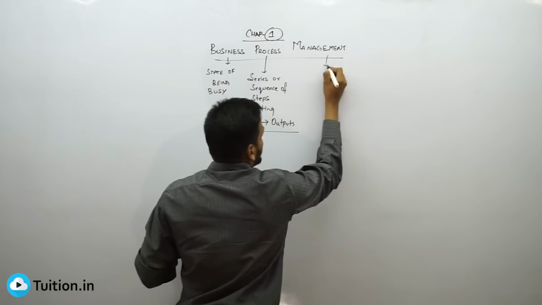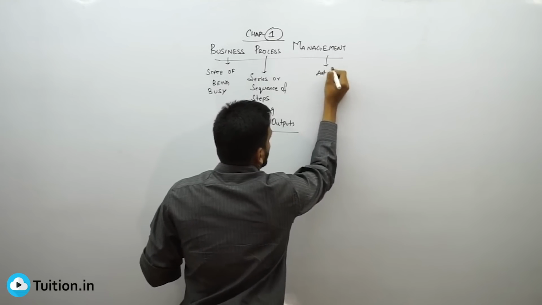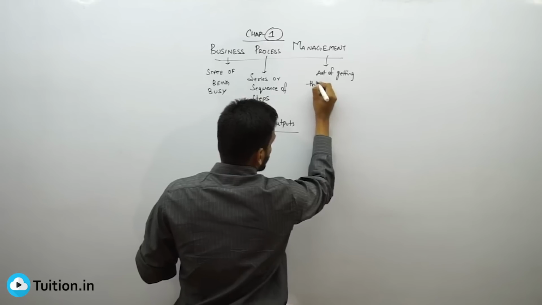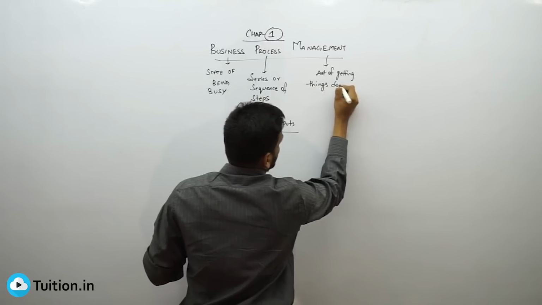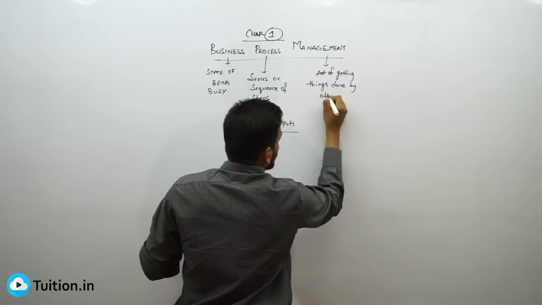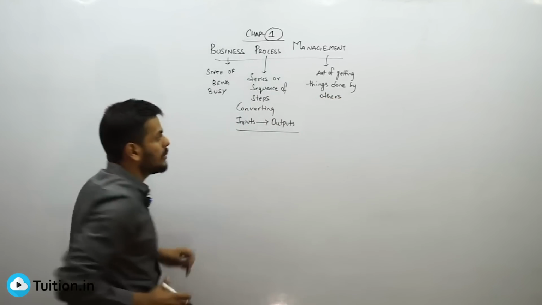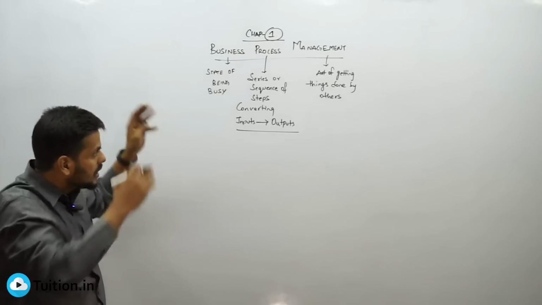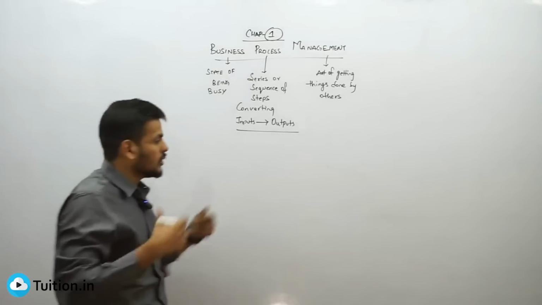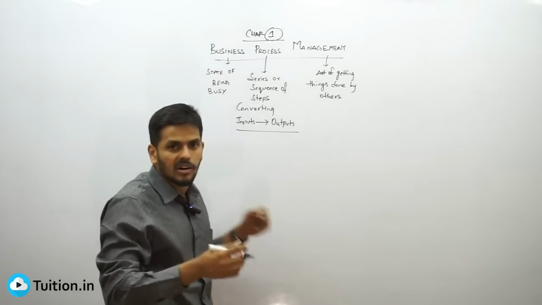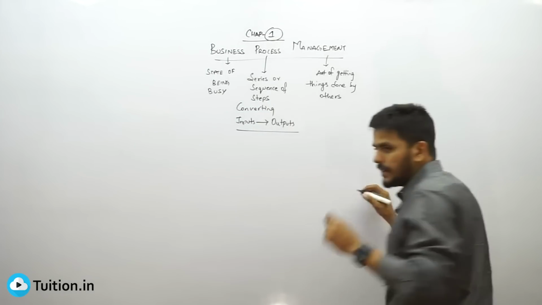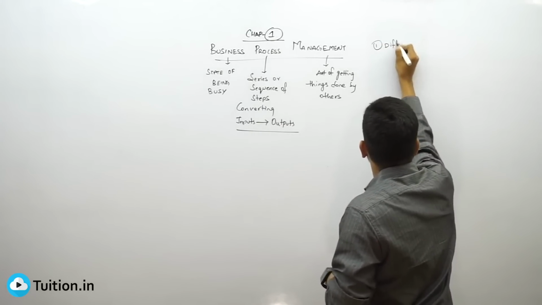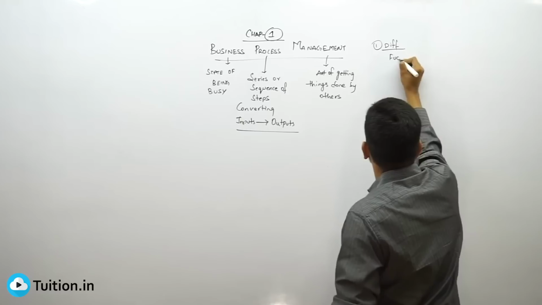You know what is management? It's an art of getting things done by others. So this is what this whole topic is all about: business, process and management. In business process management, we are talking about how an organization with process and without process will work on, right? That could be one of the very important questions in the beginning of this chapter that you see, is the differences that exist between functional organization